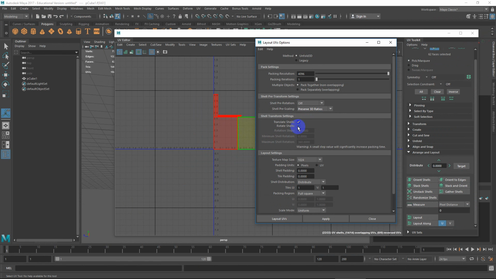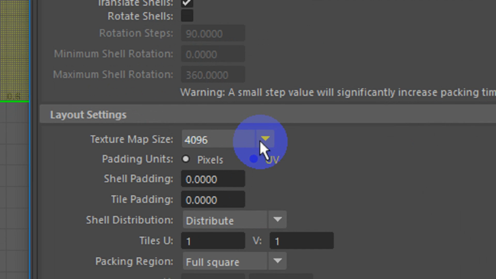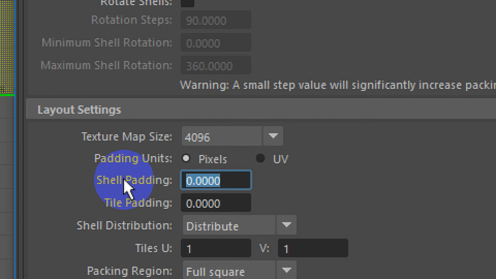That's a big if. Now you may also want to try to auto rotate. Sometimes this works great, sometimes not. So I'm going to leave it off for now because I think the rotation of all the pieces is nice and clean. I don't want to mess with it. Texture map size, I'm going to set to 4K. Shell padding, so this is actually the gap between shells. I often will do like 16